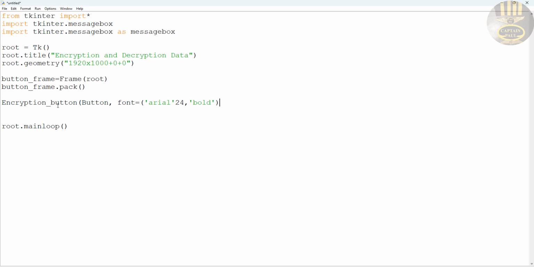Next, I'm going to specify the width for it. That's going to be about 10, comma, the text on it, I'll just call that, let's say, text equals Encrypt. There. Enter that. Okay. So that is taken care of. So I'm going to run that up. Come back in here. Paste that underneath here. And I will just say dot